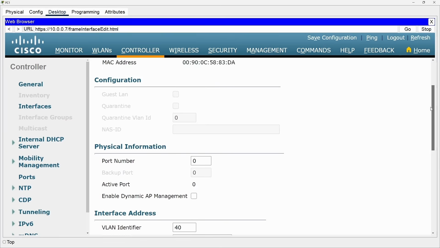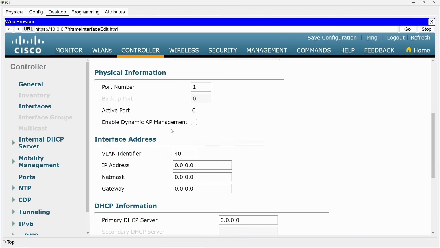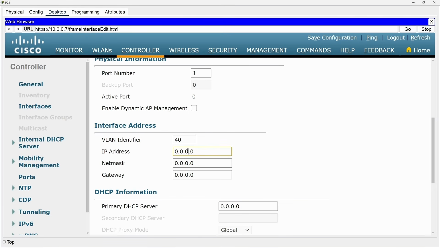We need to configure a few things here. Scroll down to Physical Information and set the port number to 1. Then under Interface Address, set the IP to 10.6.0.2, the netmask to 255.255.255.0, and the gateway to 10.6.0.1.